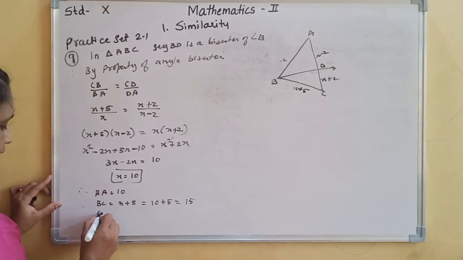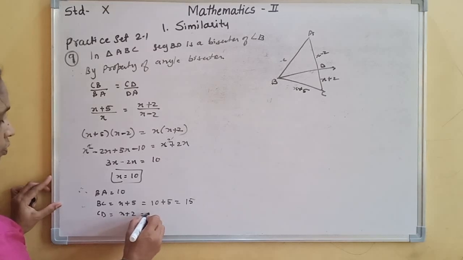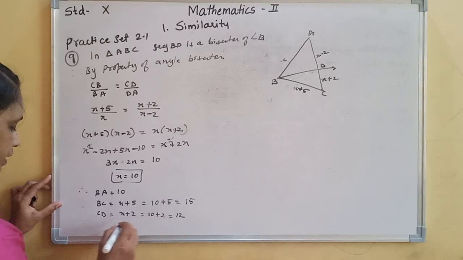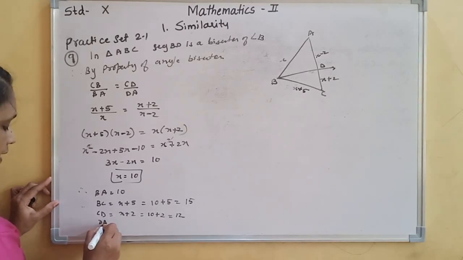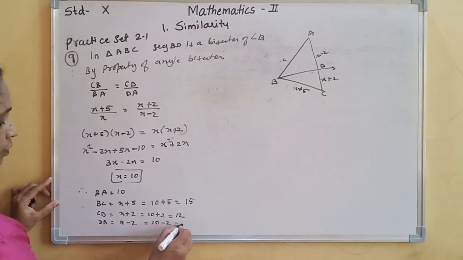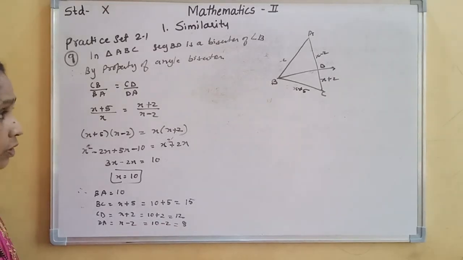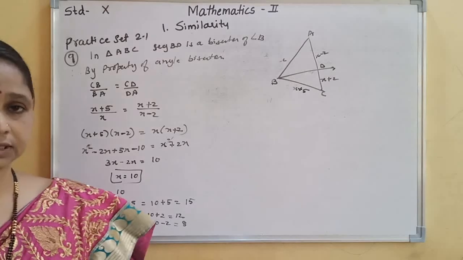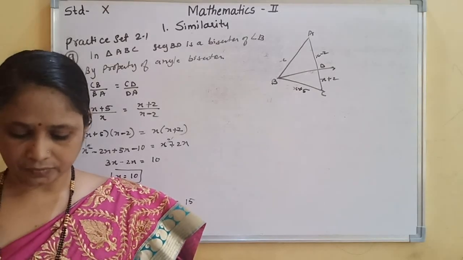Now CD is equal to x plus 2, which is 10 plus 2, which is equal to 12. Now DA is equal to x minus 2, means 10 minus 2, which is equal to 8. Okay, in this way we have solved this practice set